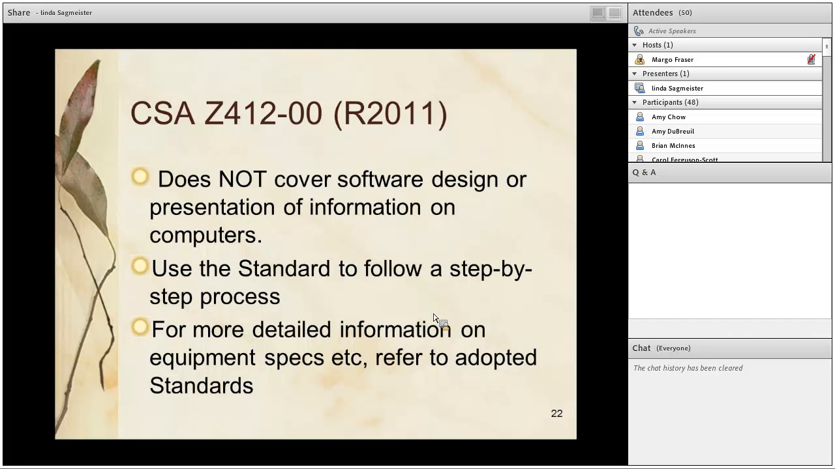Like I said earlier, this standard does not cover software design or the presentation of information on computers. There are other standards out there that do, though. As you can see, this is clearly meant to be used in a step-by-step process. The recommendation is that people who might go and pick it up and say, let's just flick to page 100